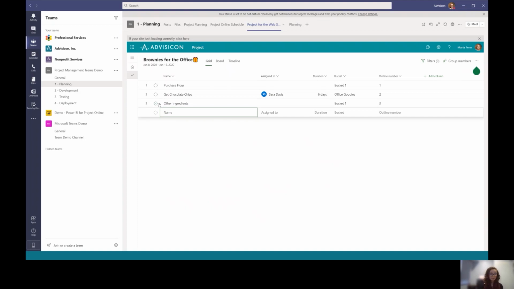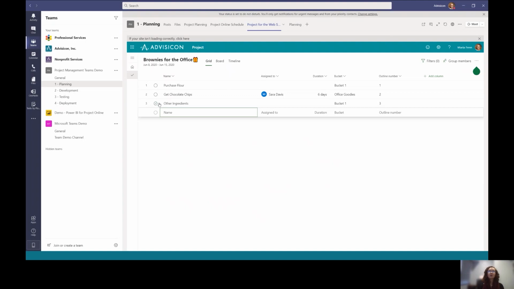Now, who can manage your projects varies a little bit per tool. When you are using Planner to manage your tasks, anybody that has access to the team can go into the Planner board from the channel and make changes and updates to it. So if you don't necessarily want everybody going in and making changes to your board, you might want to reassess whether you want it available in a channel that everybody is using. Because anybody who has access to that channel can go in, can make updates, can move tasks around, change buckets,